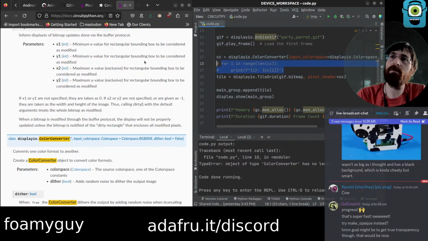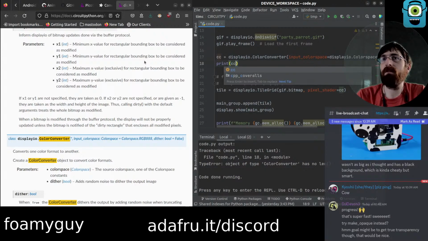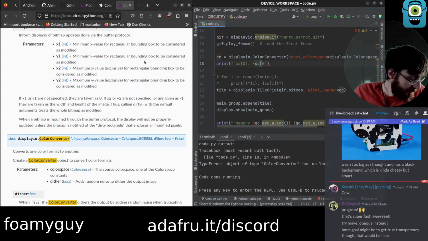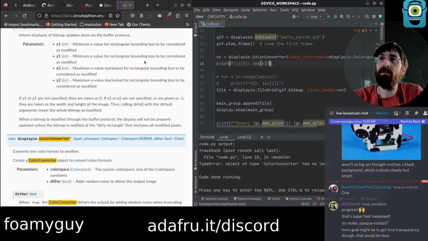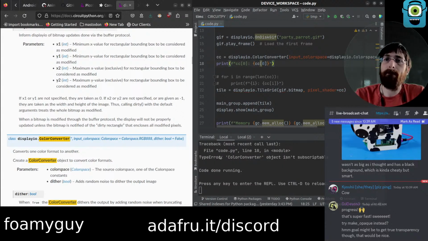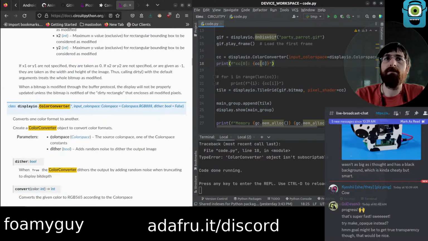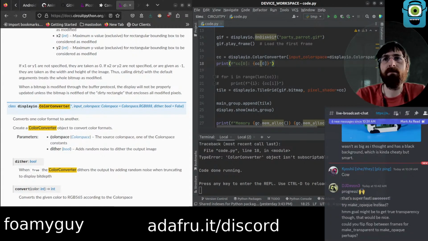Can you... Interesting. Can you access it like these? No. Make opaque instead.